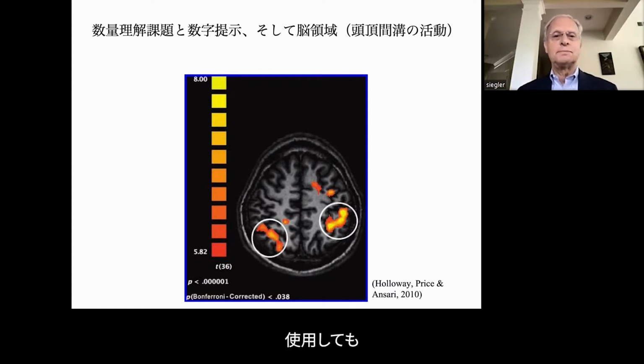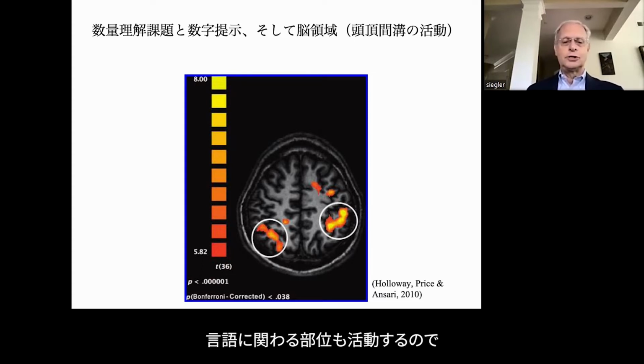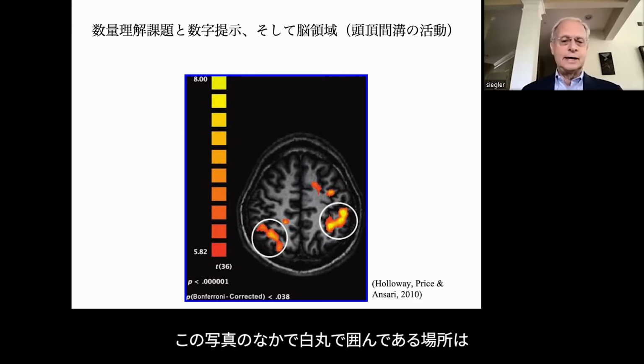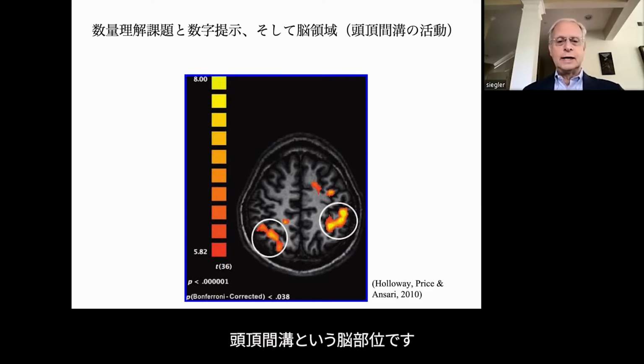Now, both non-symbolic and symbolic magnitudes activate different predictable areas of the brain, and pretty much the same areas of the brain. Not entirely, because the symbolic magnitudes also activate linguistic areas, as you might expect. The non-symbolic areas, not as much. But these two areas that are circled in white are left and right intraparietal sulcus, and that area is kind of numerical magnitude central.